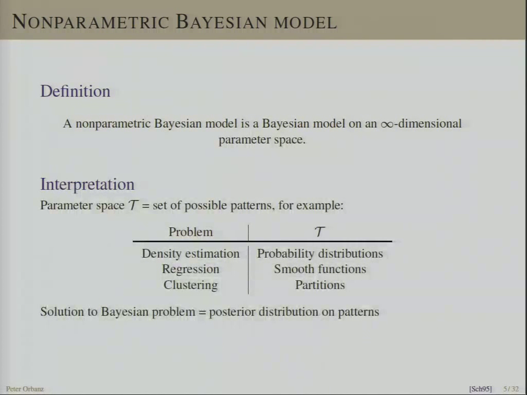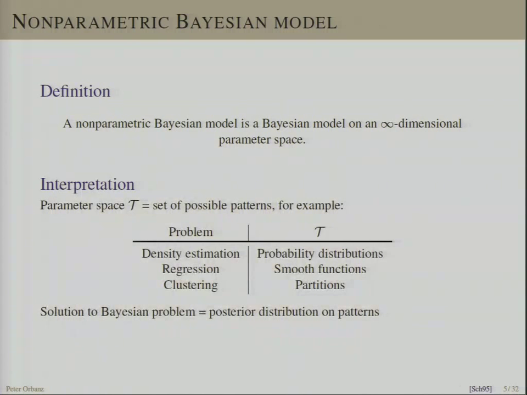If we're doing regression, so the example on the first slide, then the pattern would be a smooth function. And if we do clustering, which we're going to talk about most of the time today, then this pattern that explains the data is a partition of the data into separate clusters. Right? Okay. So the solution we are looking for is not an individual pattern, but a distribution over these patterns,